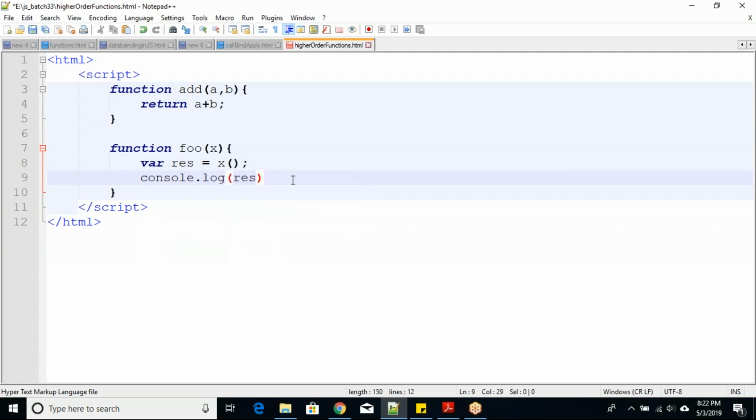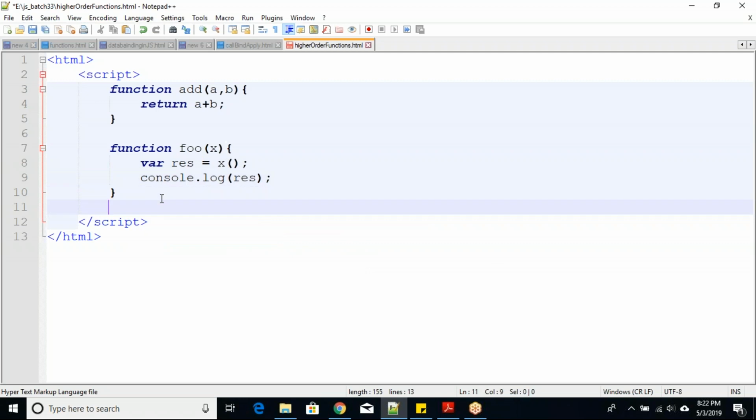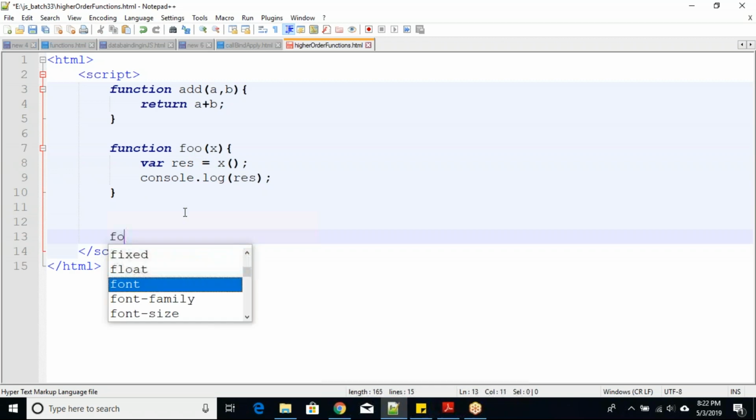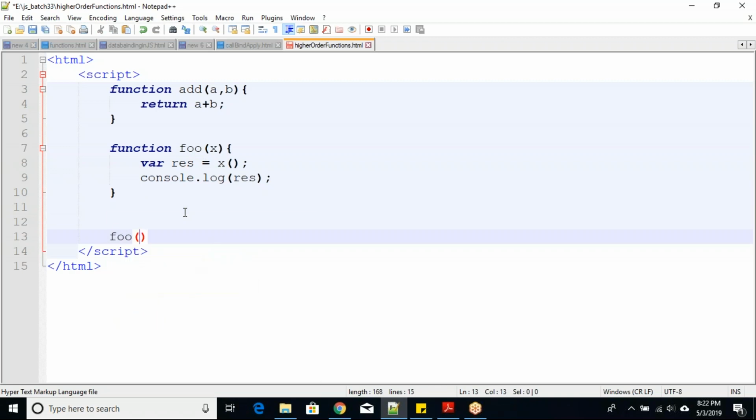Try to understand a simple thing here. Whatever x we are going to pass to the foo function should be a function. So I will be calling the foo function and passing another function as an argument.